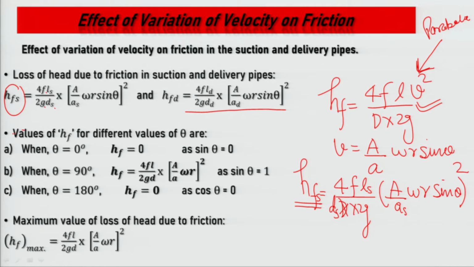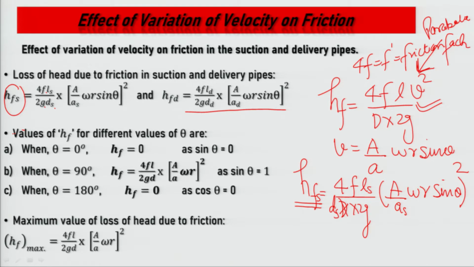How did we calculate it? Using the Darcy-Weisbach equation. This is the major loss; we are ignoring the minor losses. If fluid is flowing in a pipe, two types of losses occur, one major and another minor. We are considering the major loss, calculated by the Darcy-Weisbach equation H_f equals 4f L V square upon d into 2g. Here f is the coefficient of friction, and sometimes 4f is known as the friction factor.